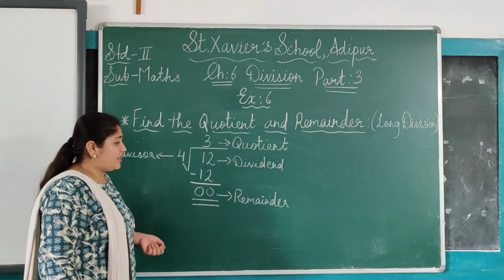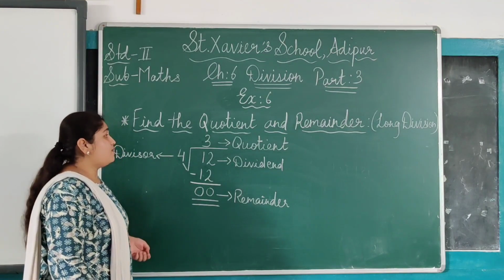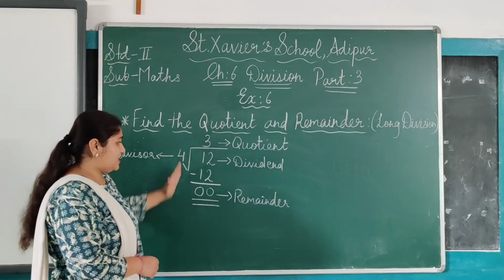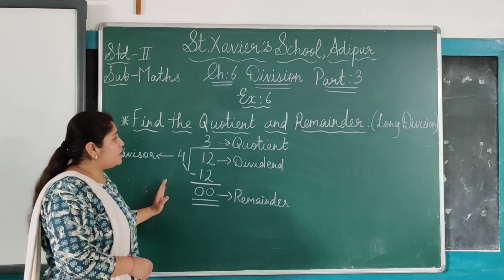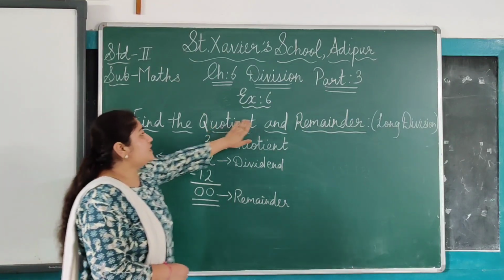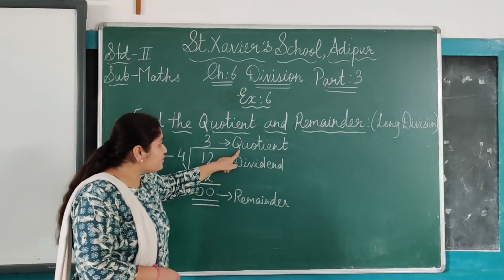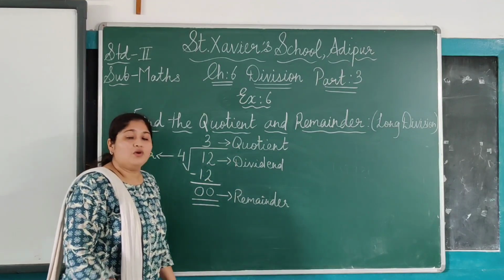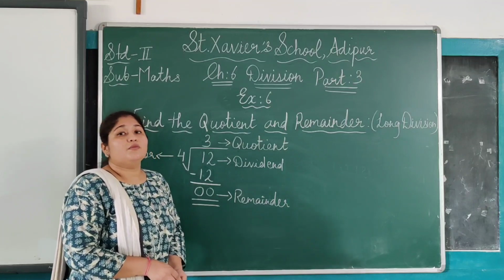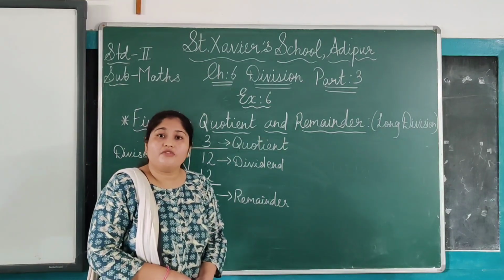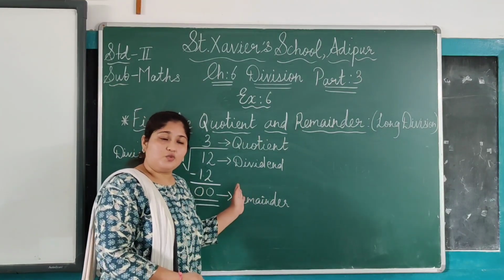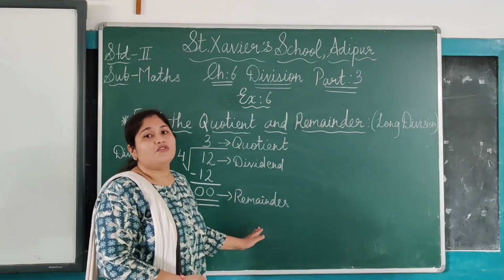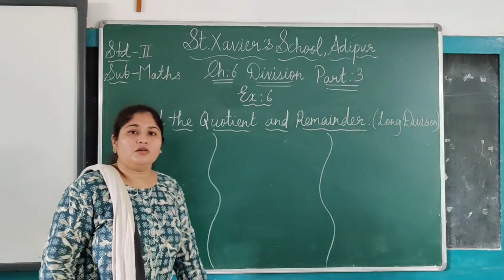Exercise 5 was your homework. So this way we have done the sums. Now we will do the long division. Same method we are using, but with that we will write the quotient and remainder. This quotient we have to write down and remainder also we will write down. Now take out your maths notebook. First of all, understand this video and then you have to copy down the exercises from the attached PDF.